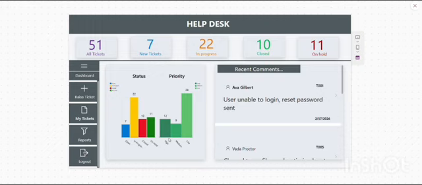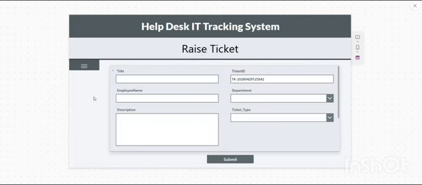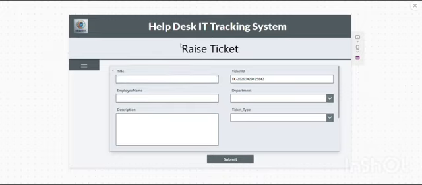When a user encounters an issue, they can raise a ticket by providing the necessary details using the raise ticket option. For example, I will show. See, description based on title.